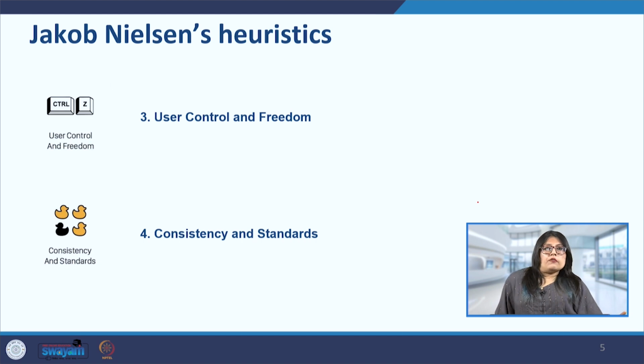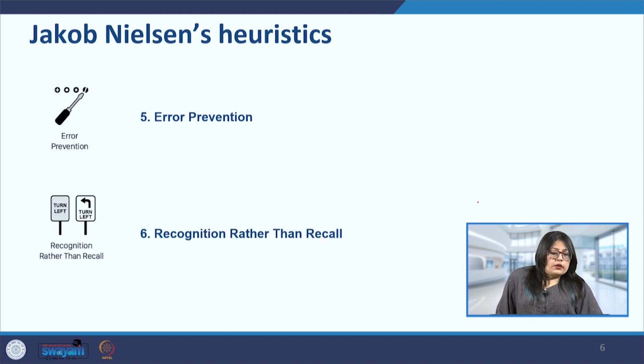and when they go back to other platforms, they will go the standard way. So now here the internal consistency is that when we have a single product or a family of products, the whole design language is consistent throughout these family of products. And the external consistency is that whatever are the industry set rules or standards, we must follow those for the user's benefit.